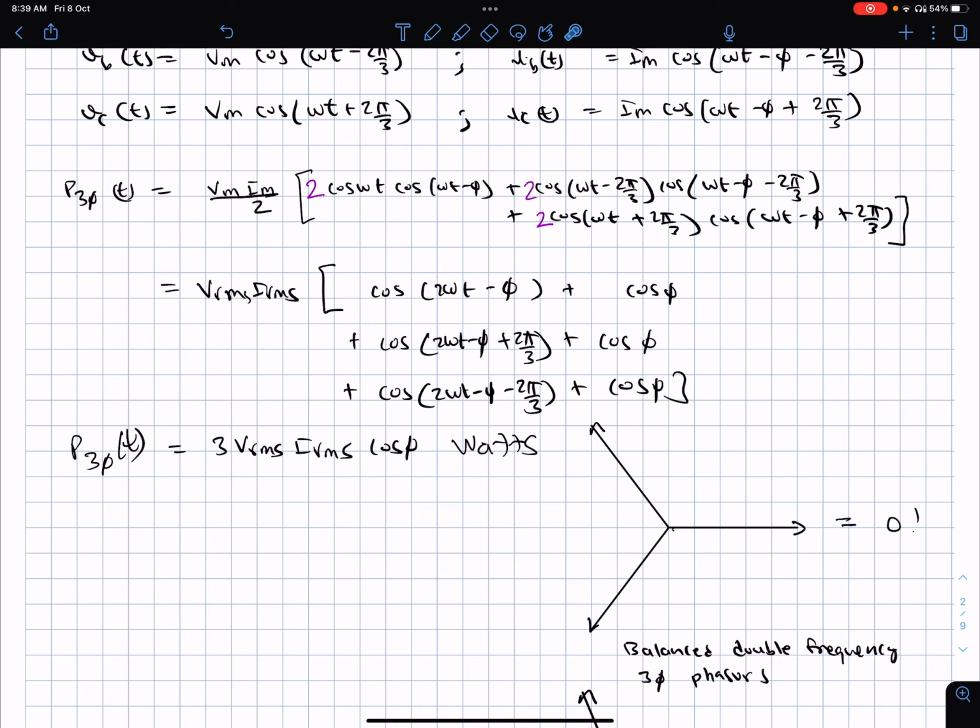Even if one of them is unbalanced either in the phase angle or in the magnitude, or both, then this equilateral triangle will not close, so there will remain a double frequency component and you will have pulsating problems coming into place. Therefore, electrical utilities take a lot of care to develop a balanced three-phase system.